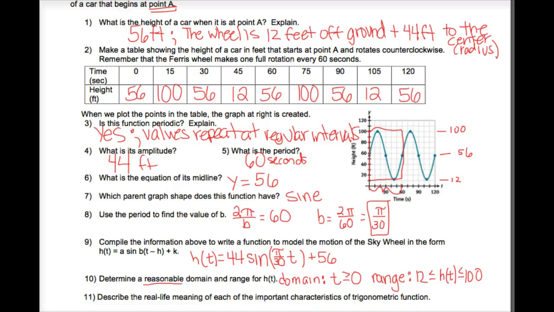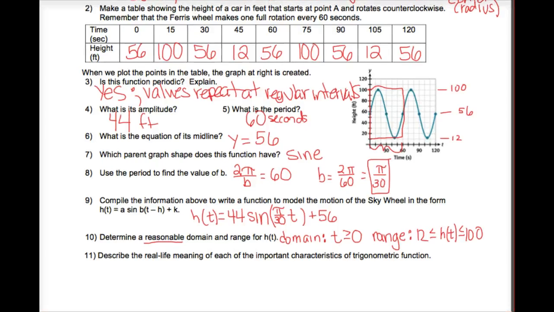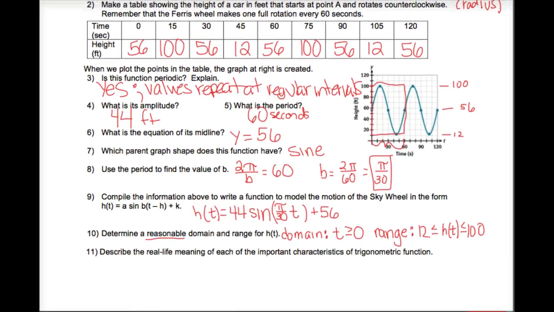Last but not least, bringing it all together, and this is extremely important. Describe the real life meaning of each of the important characteristics of the trig function. Got to move my recording space down so you can actually see what we write. So this means, let's relate it back to the real life parts. So if we look at the amplitude and what that was in the real life situation, the amplitude, the 44, was also the radius